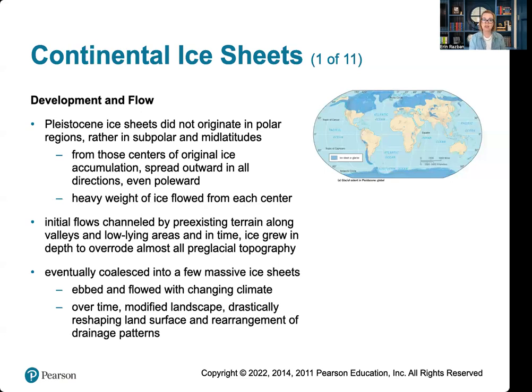So Pleistocene ice sheets, except for Antarctica's, developed in subpolar mid-latitude locations, then spread outward in all directions. Initially, the pre-existing terrain channeled the flow of ice, much like water follows valleys. However, as ice continued to accumulate, sometimes reaching thickness of over a mile, it eventually overrode most of the periglacial